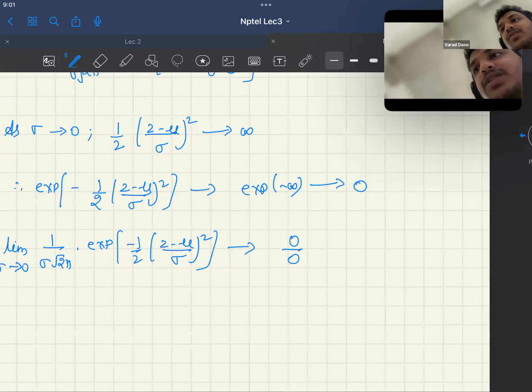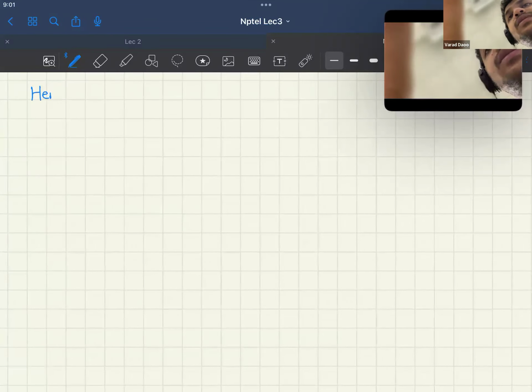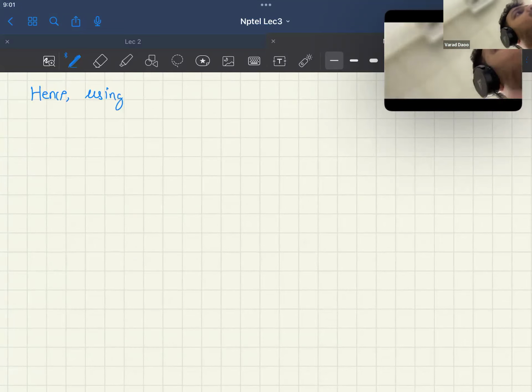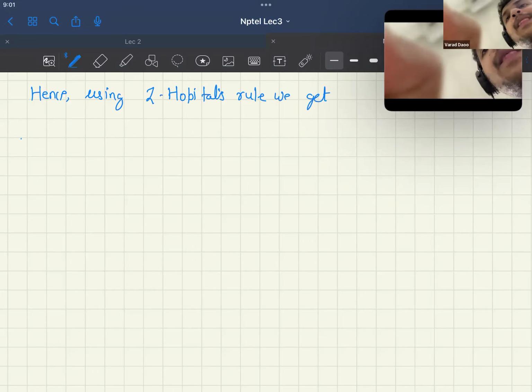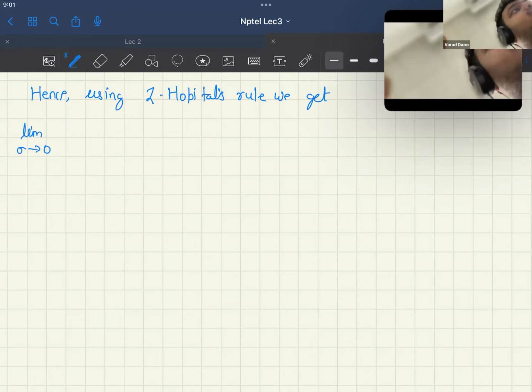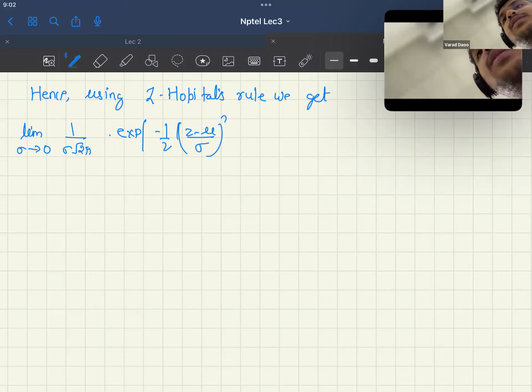Hence, we have to use L'Hospital's rule. Hence, using L'Hospital's rule, we get the limit as sigma tending to 0 of 1 by sigma 2 pi into exponential of minus 1 by 2, z minus mu (z or x, anything you can take) by sigma whole square, is equal to the limit as sigma tending to 0,